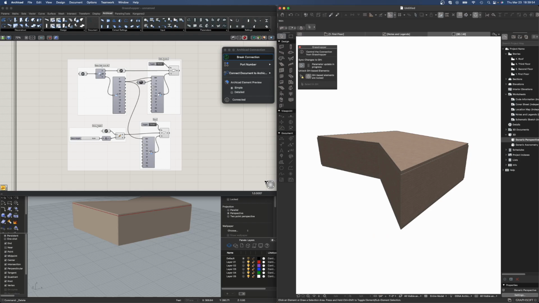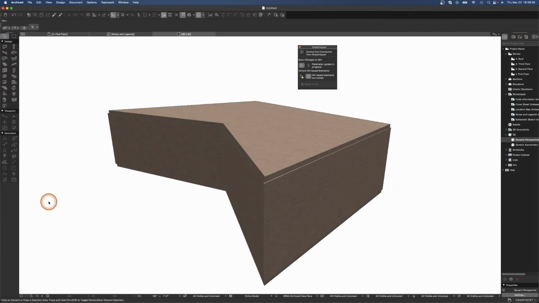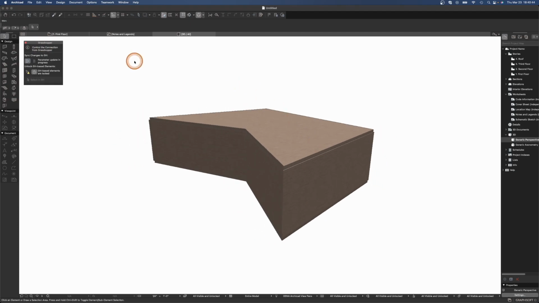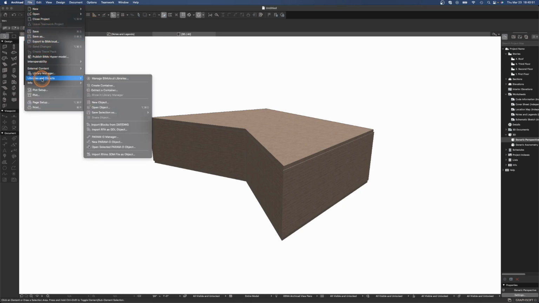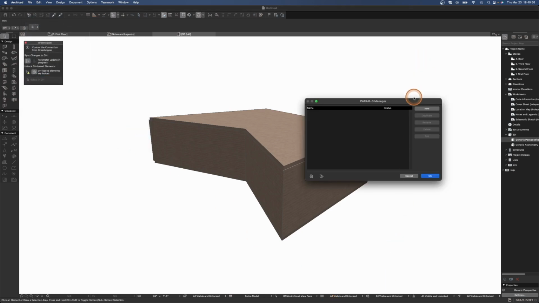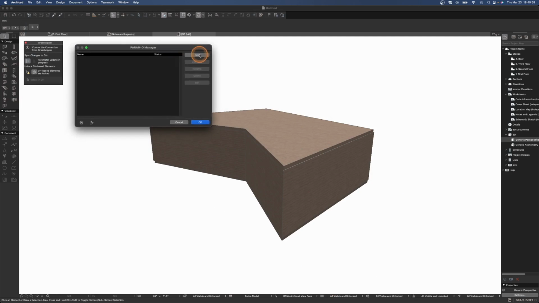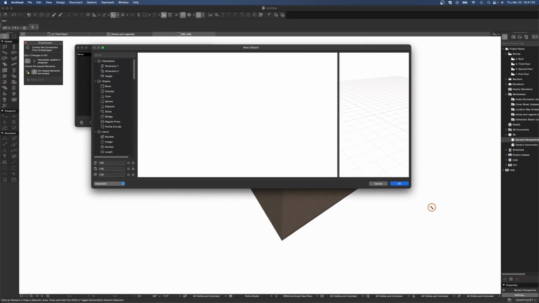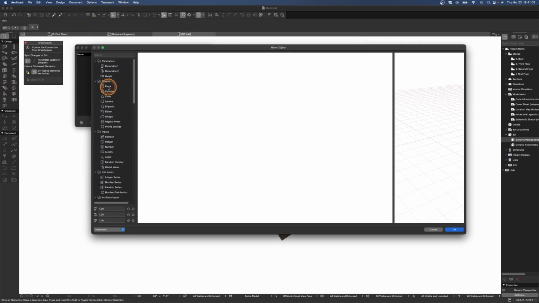Now, one more thing that I wanted to point out to you is that if I just pull up Archicad here and move this out of the way a little bit, inside Archicad, out of the box, there is an environment that is very similar to Grasshopper. If you go to File, Libraries and Objects, and PARAM-O Manager, here you can create new Archicad objects. This interface is very, very similar to Grasshopper, where you can, let's say, create a block, drop it on the canvas here,